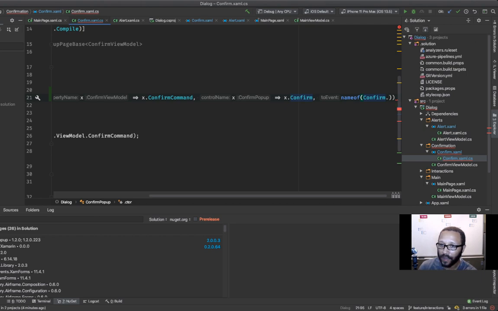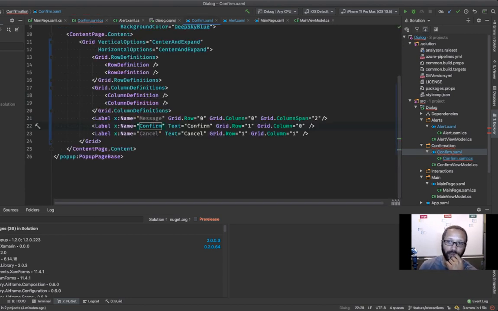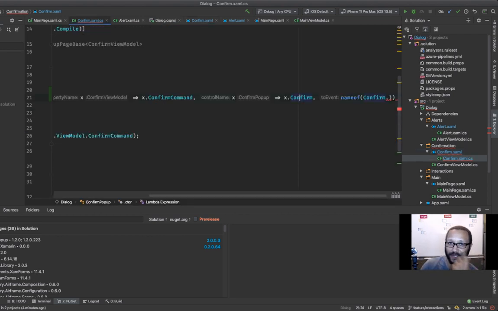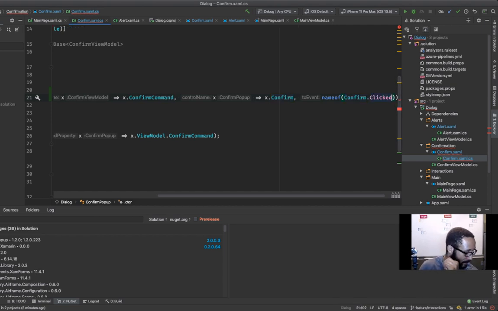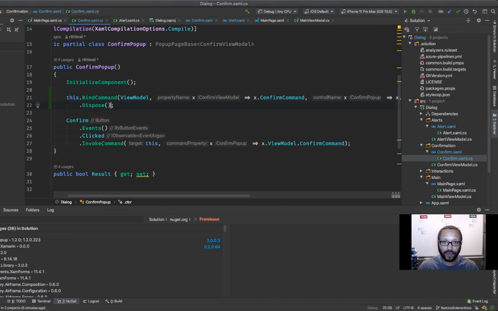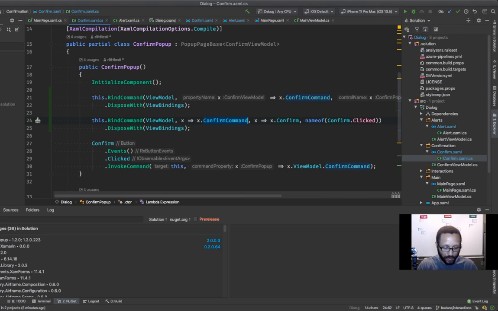There should be a clicked event. There should be an event here for me. It's a button, right? Oh, derp. I was gonna say, wait a minute. There's an event here. I should be able to get to it. All right, so now there should be a dot clicked. So now that I've got a clicked, I'll do a dot dispose with view bindings. All right, so that'll wire up the confirm, and then we'll do cancel